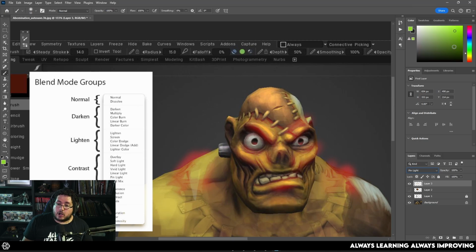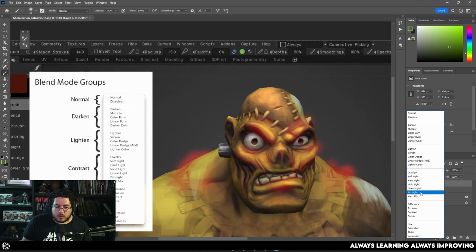But if I grab a darker color like this, or like dark green right here, you can see that we're not going to see too much of a change. Okay, so you can see, especially here on the dark gray background, nothing is happening because there's nothing to blend with. So these are, I would say, a little bit more specific cases.